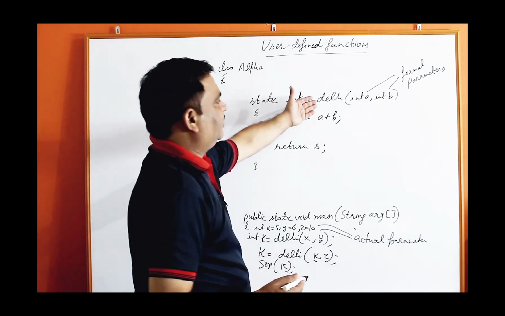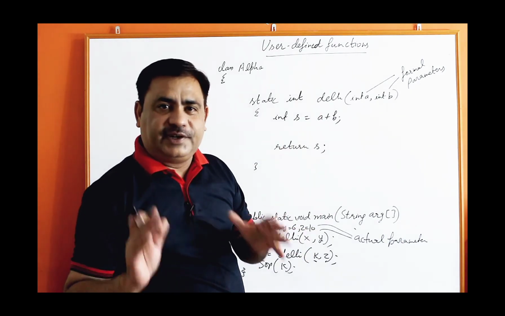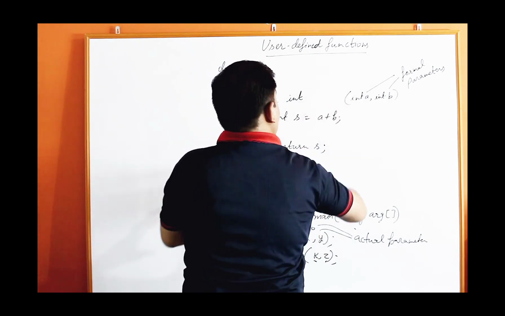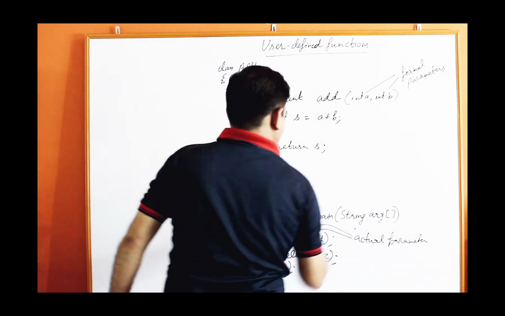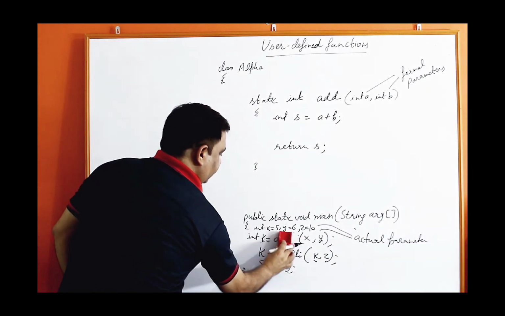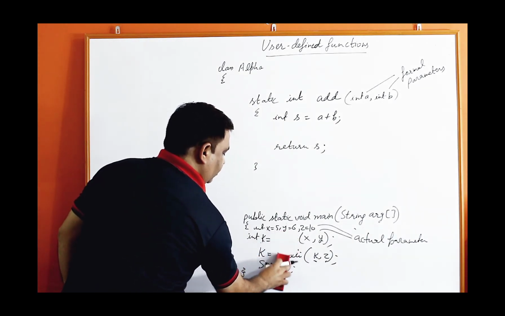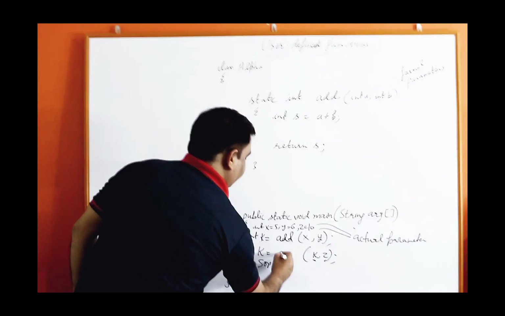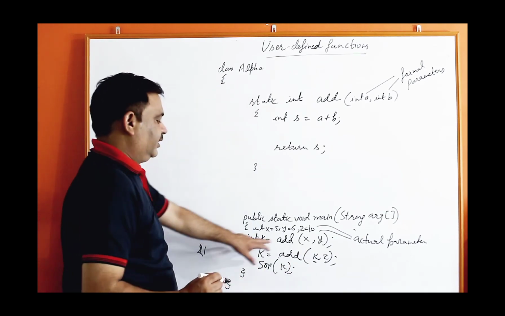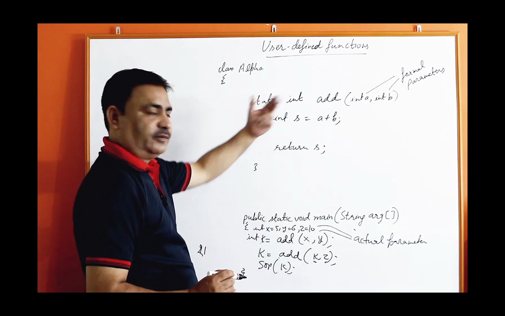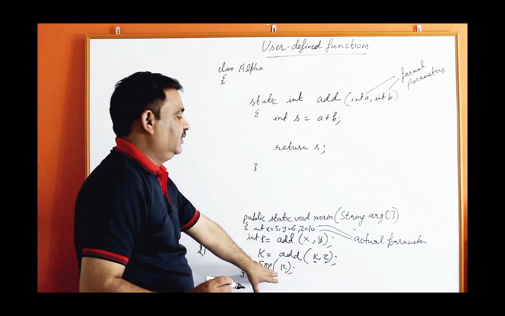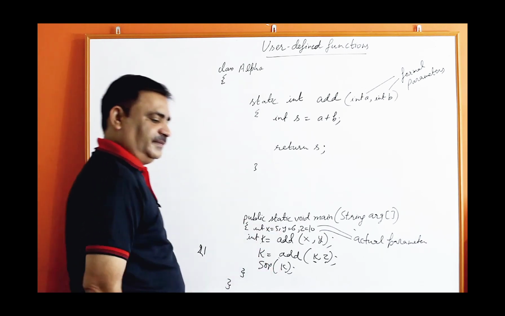Now the function name is Delhi. You can always provide appropriate, suitable names to the function. So instead of Delhi, we can provide the name add or sum. Instead of providing the name Delhi, better you provide appropriate names to the function. Provide meaningful names, like add. I am writing the function name is now add. k equal to add x comma y, you will get the sum of 2 numbers. Again call add k comma z, again you will get the sum of 2 numbers. Finally the sum will be printed. That's all.